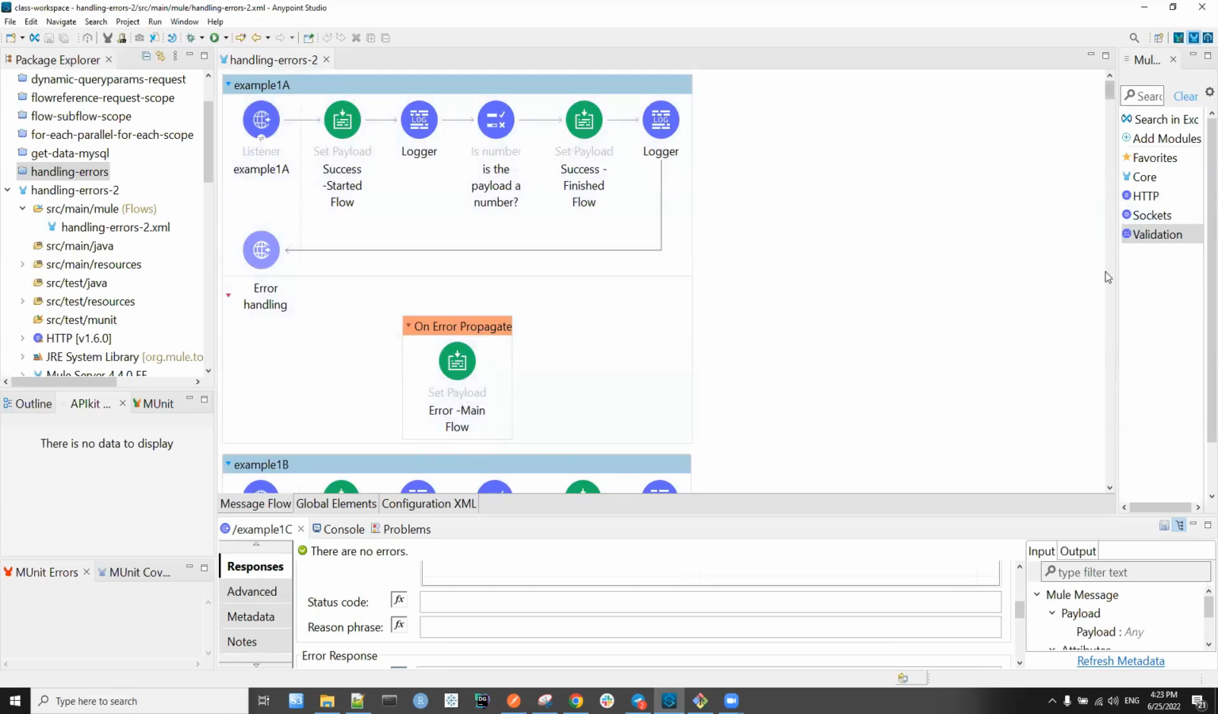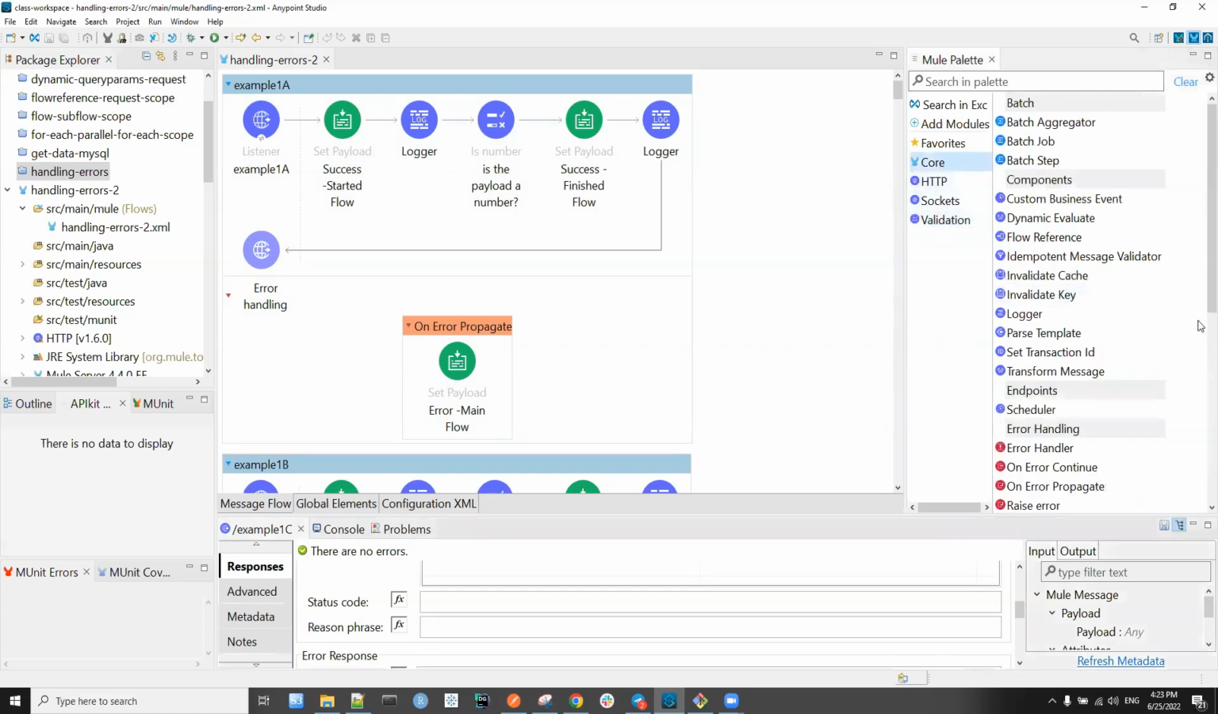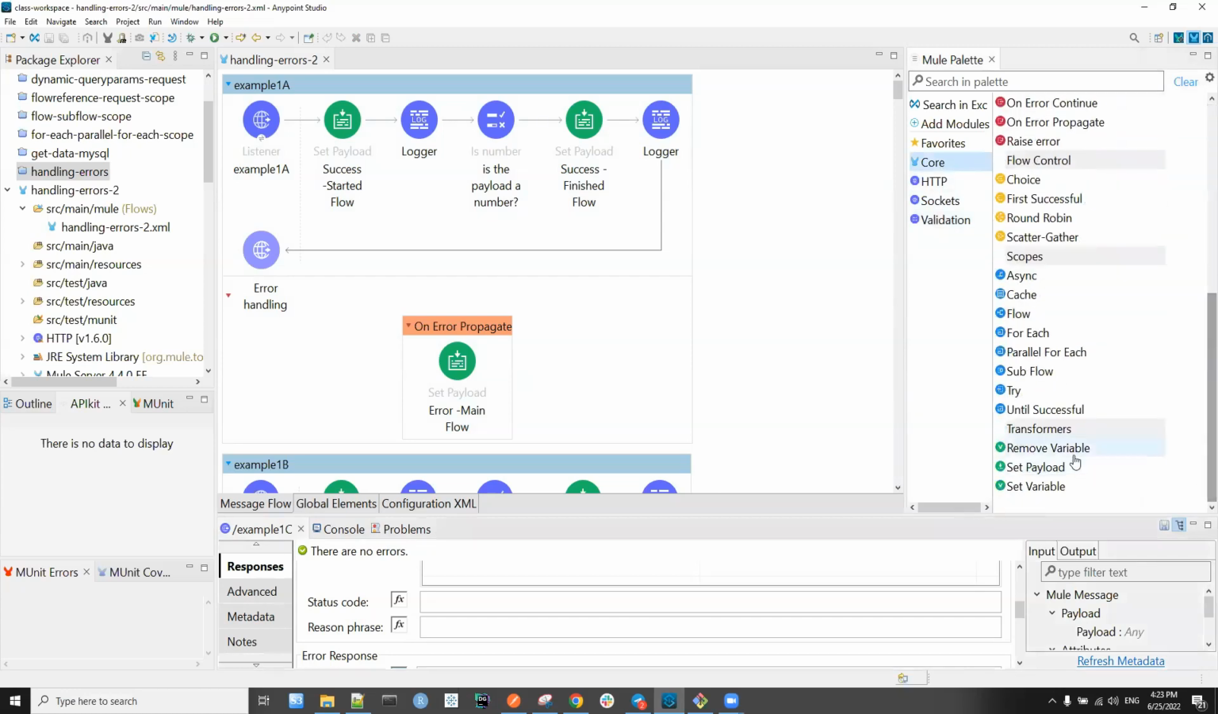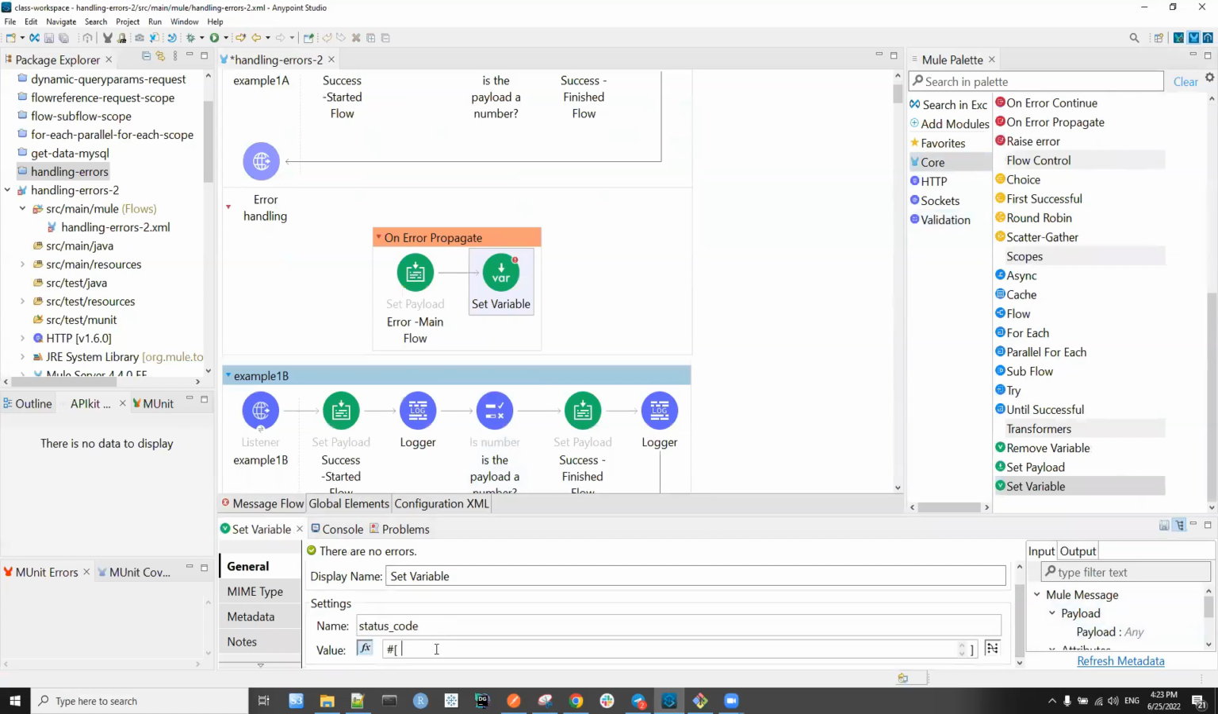On error propagate, I'm going to create a variable that contains the status code. When it is 200, that 200 is success. When it is an error on error propagate, let's say we want to modify the status code to 700. So here, it is status code, right? Status code, and its value is